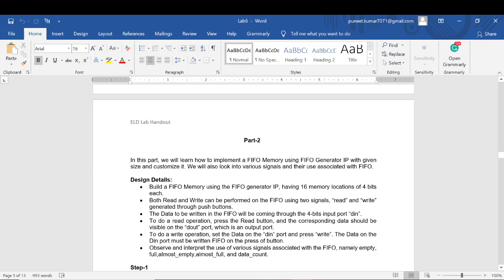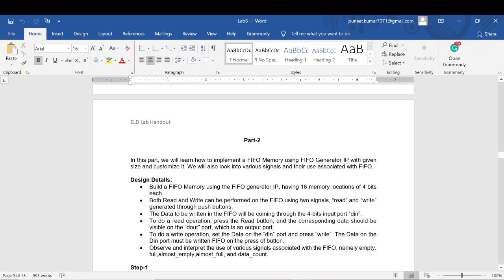Now let's say the circuitry on one clock domain is passing some data to circuitry which is operating on a different clock. In that case, there is a mismatch between the frequencies. Let's say one frequency is higher than the other, so the data coming from the higher frequency domain will come faster than the second clock domain can absorb. In that case, I need to create a buffer. How can I implement that buffer? I can implement it using a FIFO memory.